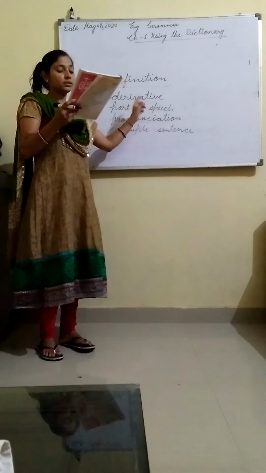On page number 2 in your book, you will get a format showing how to look up words in a dictionary. So go by that format, look in your book and you can easily search any word. Downside on page number 2, you are getting some words. Arrange these words in the order in which they appear in a dictionary. So try to do it yourself students. Arrange in order according to the dictionary. For example, which word will come first? You will mention 1, 2, 3, 4, numbering in your book. Firstly try to do it.